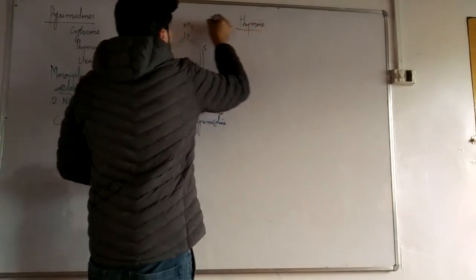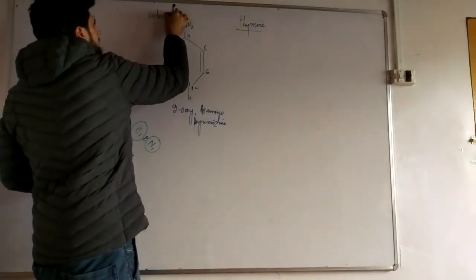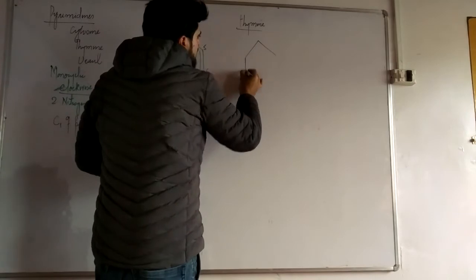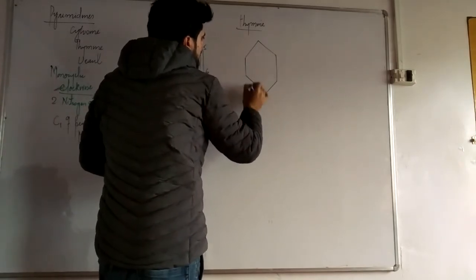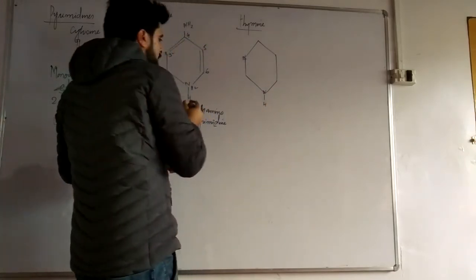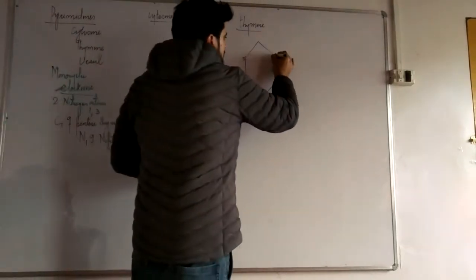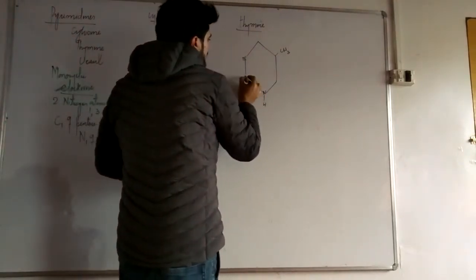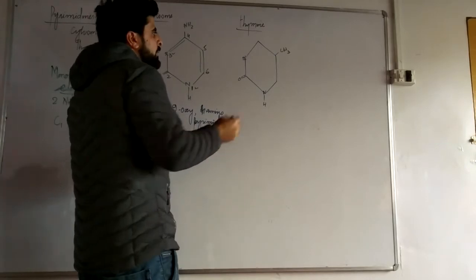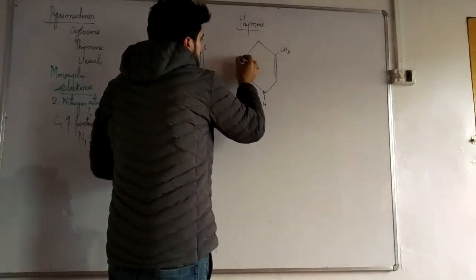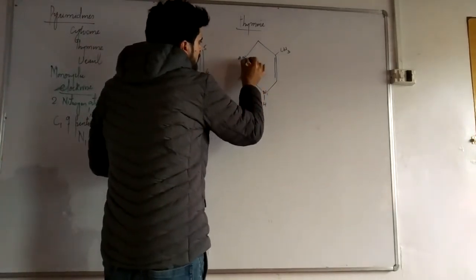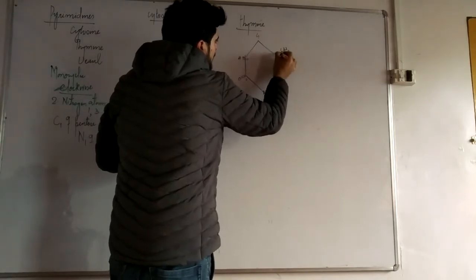This is thymine, and this was cytosine. Thymine also has a monocyclic structure. Here I am drawing the structure. At this position we have a nitrogen, and at this position we also have a nitrogen attached to a hydrogen. Here we also have a hydrogen. At position 5 we have a methyl group, and here we have an oxo group. Here we also have an oxo group. At this position we have a double bond, and here we have a hydrogen. Numbering this one, this will be 1, 2, 3, 4, this will be 5, and this will be 6.